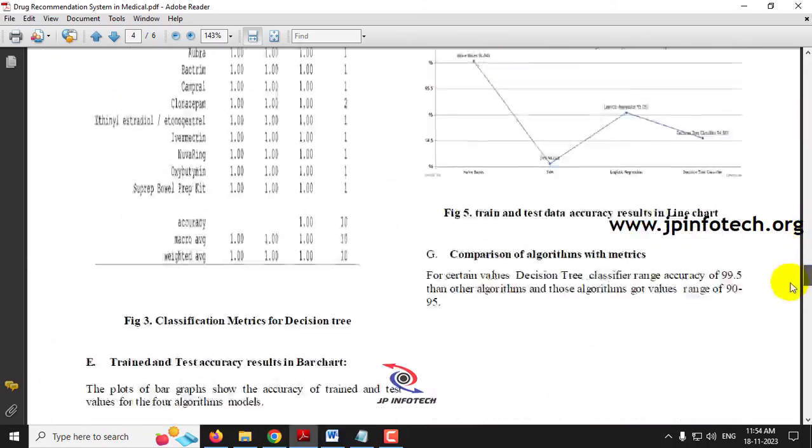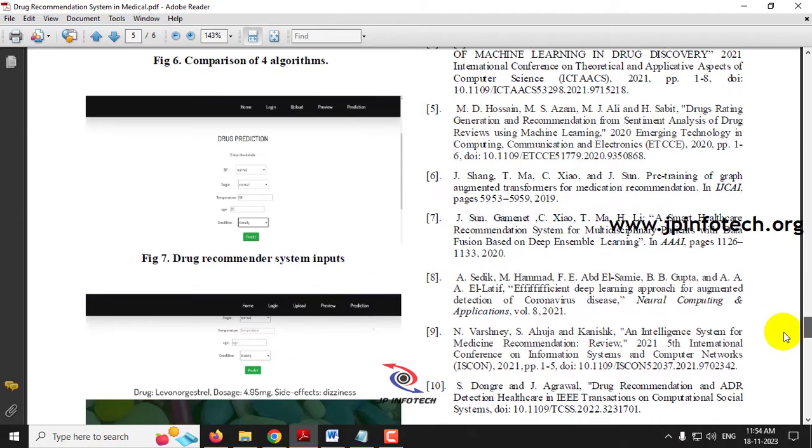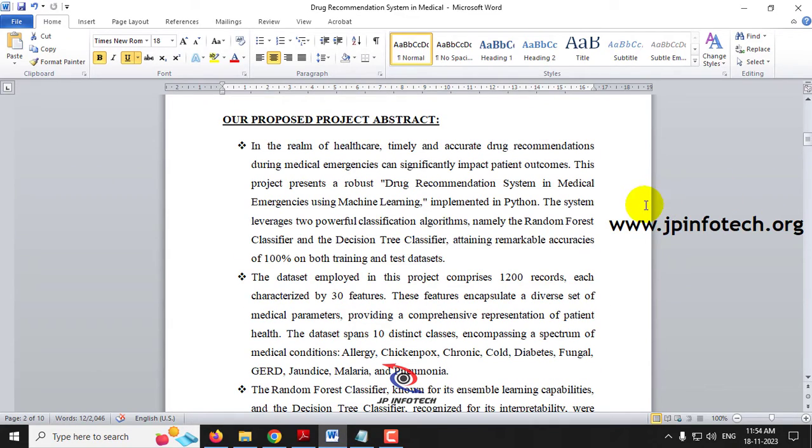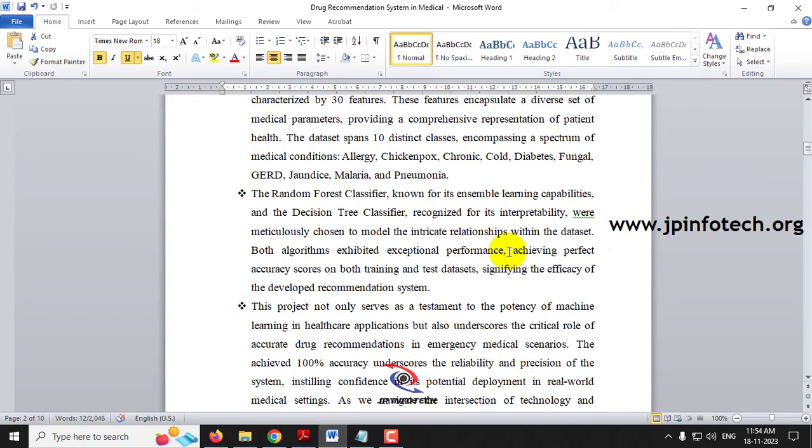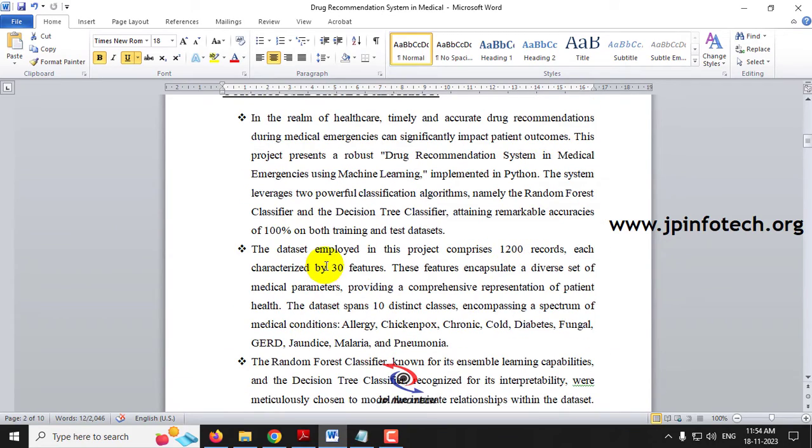They used only a few features, age, BP, sugar, temperature, and based on that it cannot predict well. So in our proposed system we'll be using 30 different features, and we are also going to increase the dataset records.